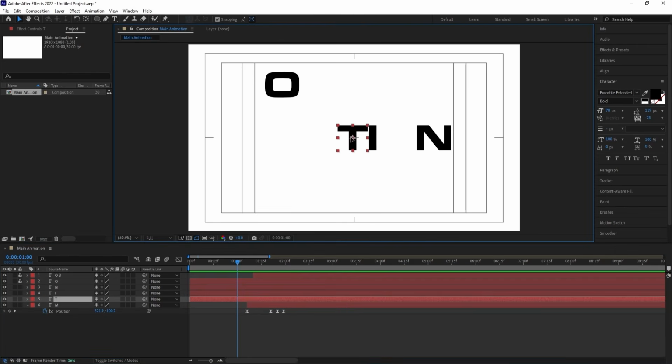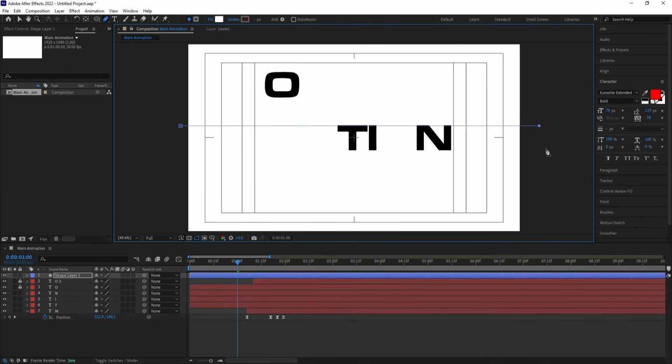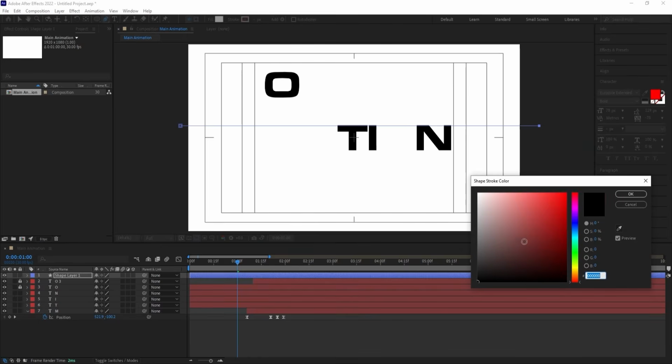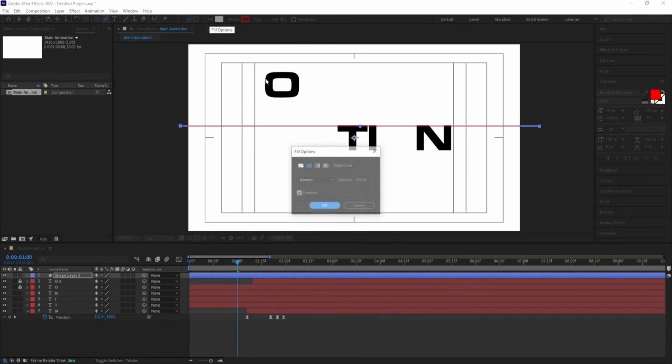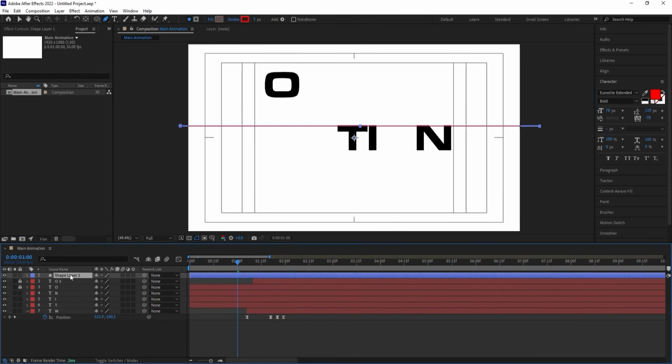Then we need something that should reveal this T as well. So what I'm going to do over here is that I need some strokes that should reveal this T. So I'm going to create one pen tool, and from here to here I'm going to create one stroke. And initially let's change the color of the stroke to red, and I don't want any fill, so let's delete this fill. Select the shape layer and press Ctrl Alt Home to align that anchor point to the center,